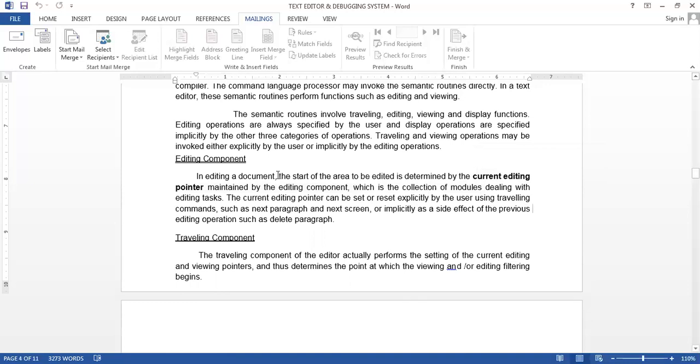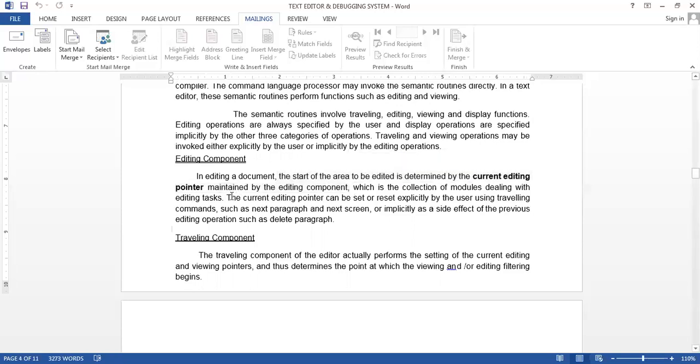That pointer is maintained by the editing component. The editing component will store that from this location our editing area is getting started.